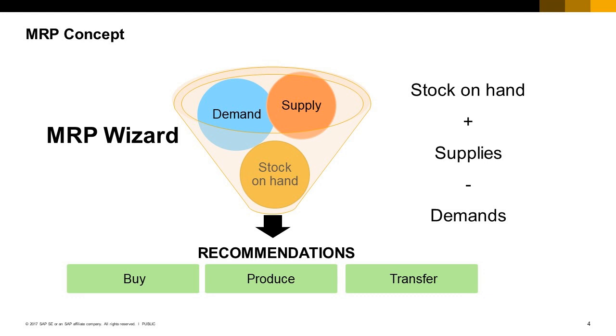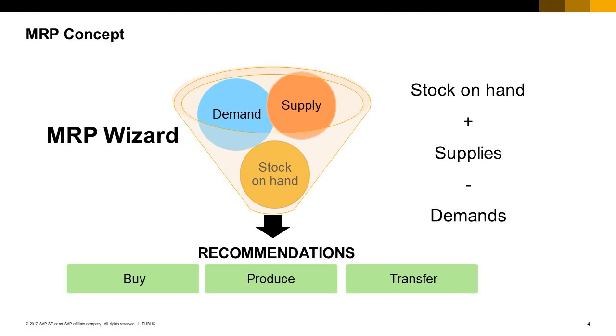In order to receive recommendations for buying, producing or transferring items, you run the MRP Wizard. The MRP run also takes into account defined planning rules like order multiples and minimum order quantity, and also the required lead time for the supply or manufacturing of the item. Note: throughout this course we refer to material as items or quantity in order to align with SAP Business One